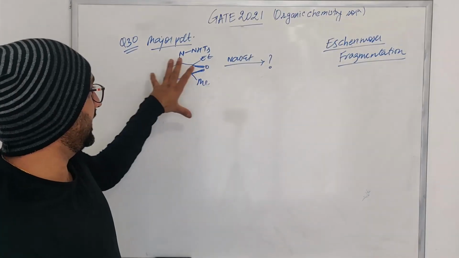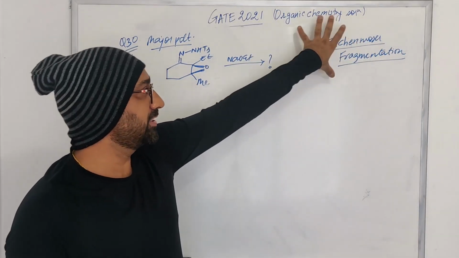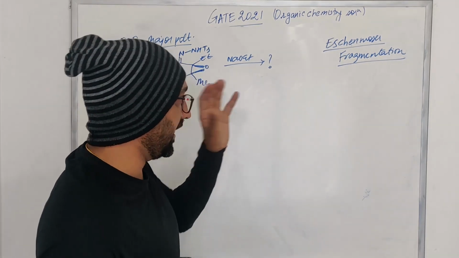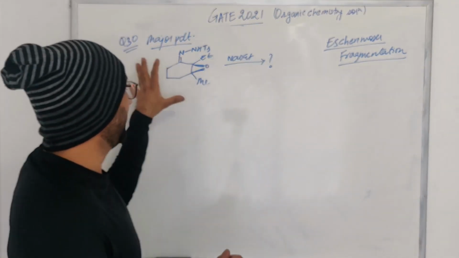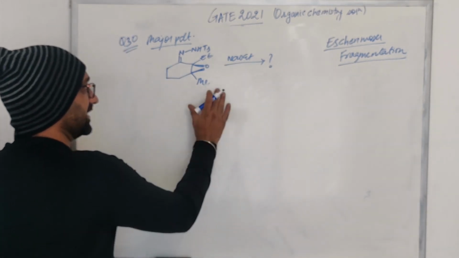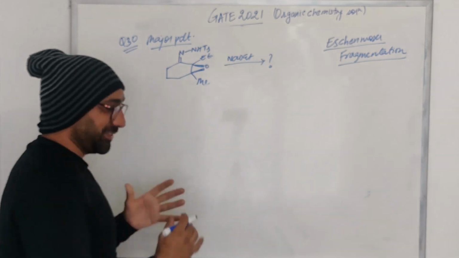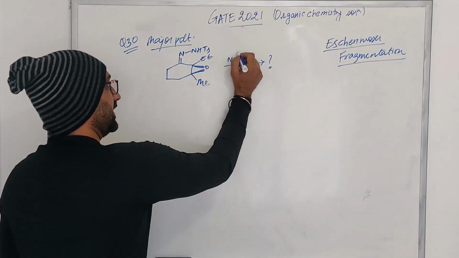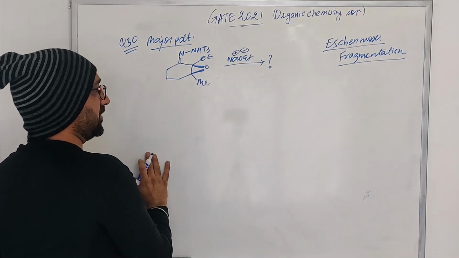So the next problem that is asked is basically based on the Eschenmoser fragmentation. I have already made a video on these fragmentation reactions. Its link is in the description. Exactly this problem I have discussed in that particular video. So pretty straightforward. Not pretty straightforward actually. If you don't know, you will not know. It's straightforward. But what happens? We'll try to understand. What we are taking is the base, and we have this particular compound.